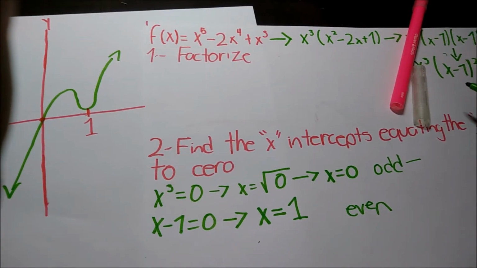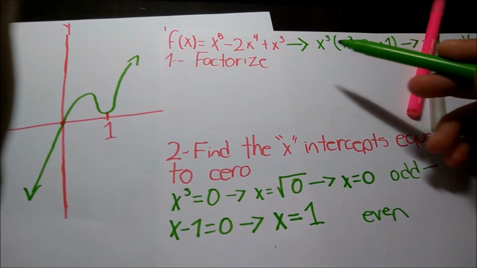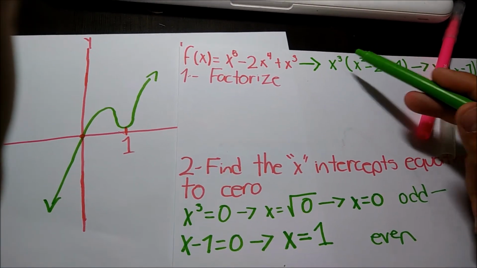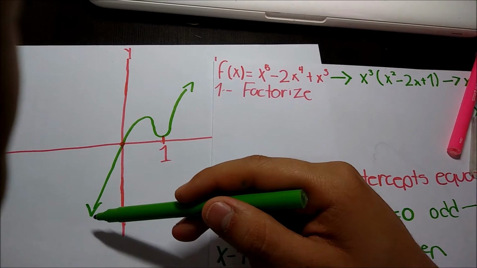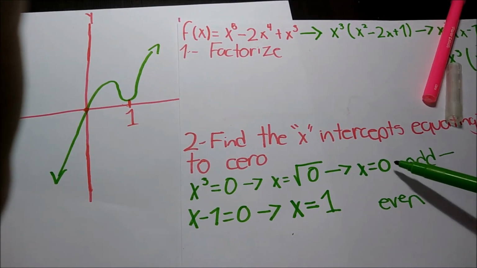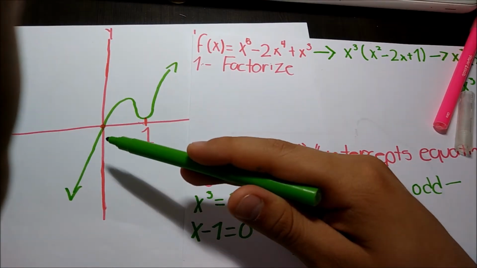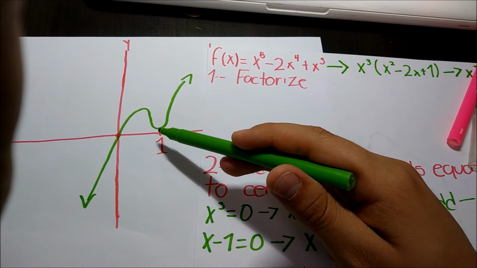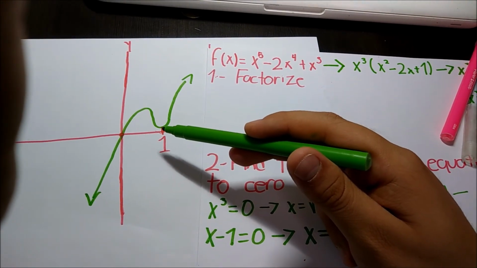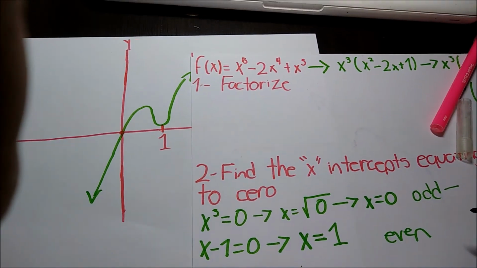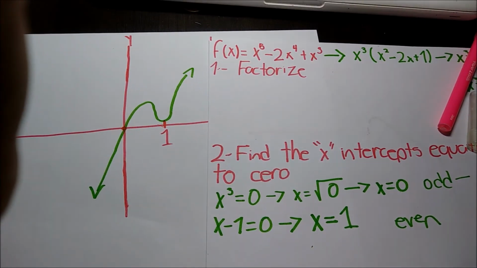Because it is cubic x, it crosses at x equal to 0 because it is odd. Then it bounces at the first value, because it has an even multiplicity. That's all for